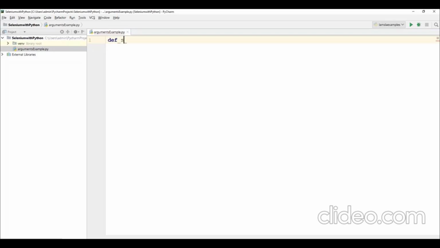How to create a function? def sum of, and here this is the notation we have to use: star args. args is nothing but arguments, a simple variable. We can also simply say a or b, anything is fine, but we have to use a simple name with the star. So this represents the arguments. And now in this function,